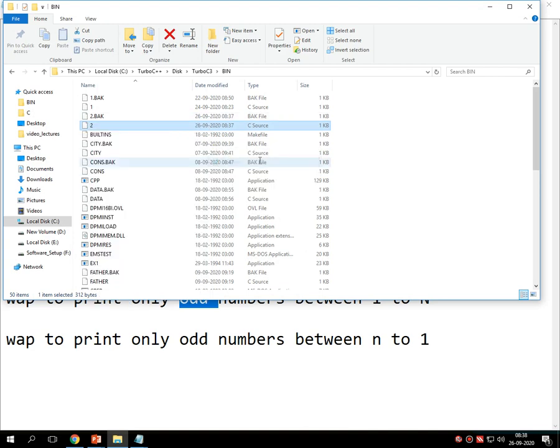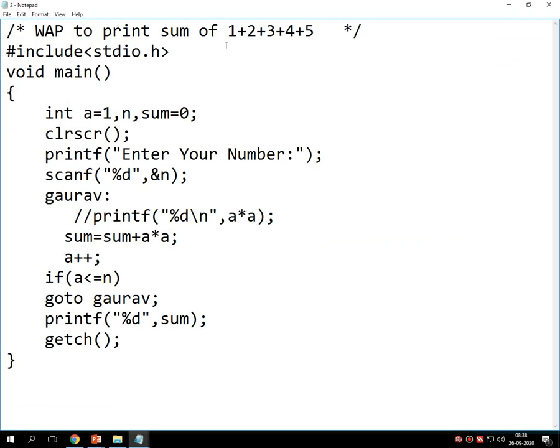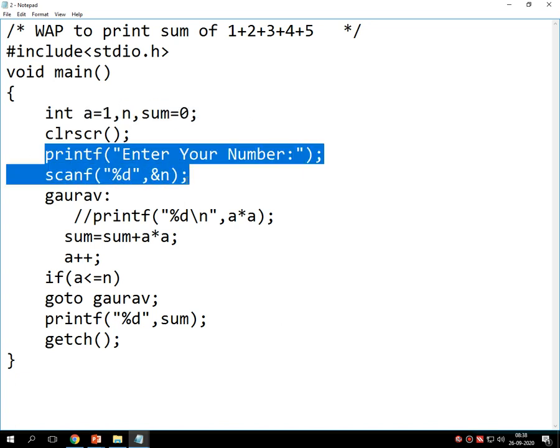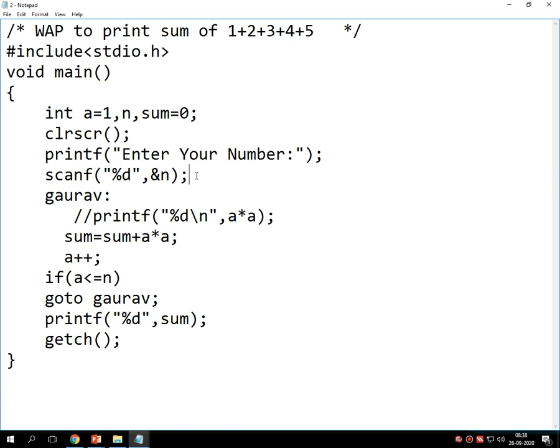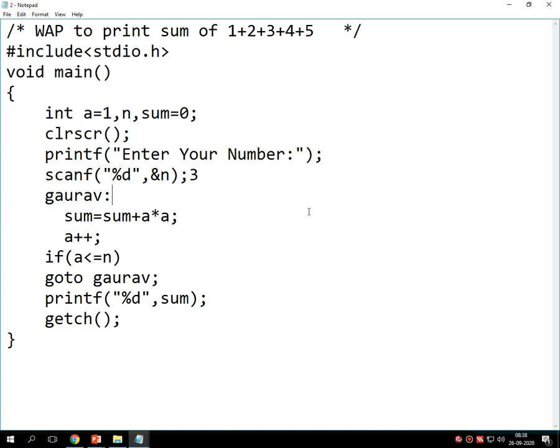Now I am opening this tab. For this program I require three variables, a, n and sum equals 0. It asks for the number. Here suppose I am entering 3. I am taking a very low number first because we just want to learn how the program works.